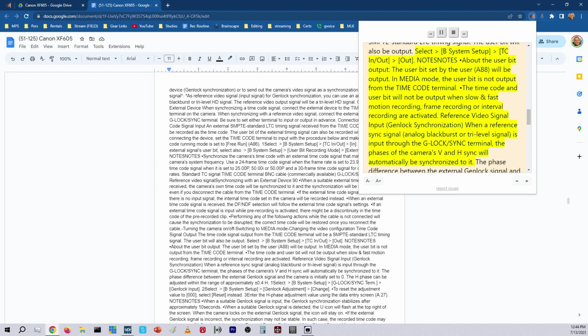The user bit set by the user, page 88, will be output. In media mode, the user bit is not output from the timecode terminal. The timecode and user bit will not be output when slow and fast motion recording, frame recording, or interval recording are activated. Reference video signal input, Genlock